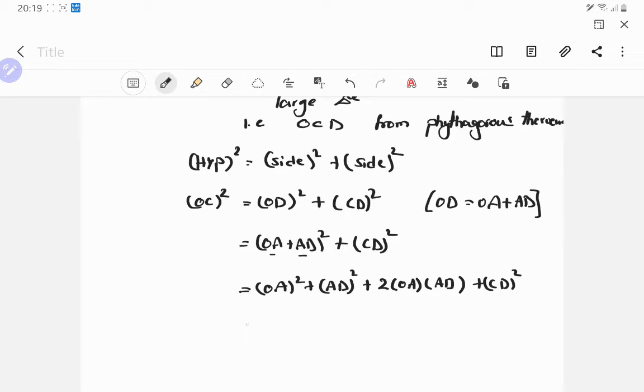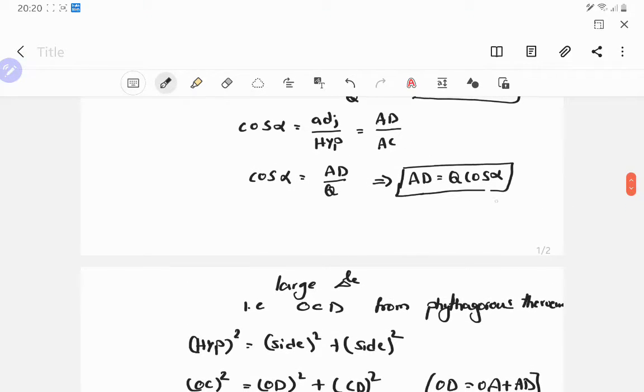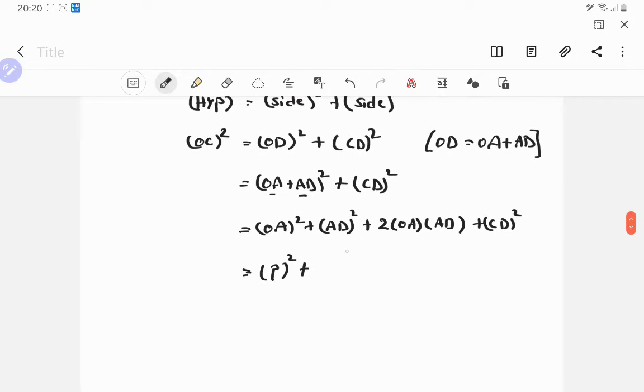Now OA means P square, plus we got the value for AD: AD is equal to Q cos alpha, so Q cos alpha whole square, plus 2 into OA, that is P,